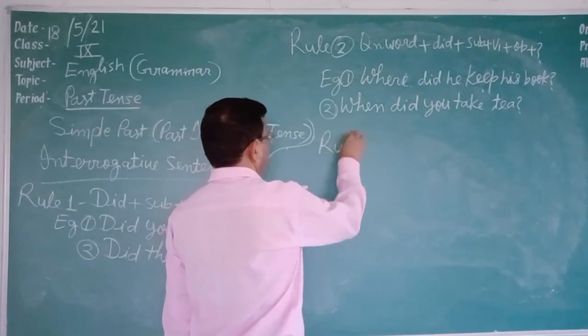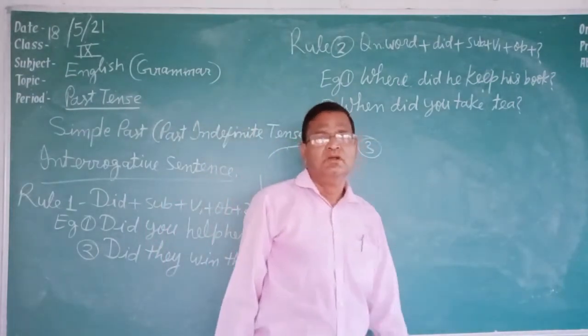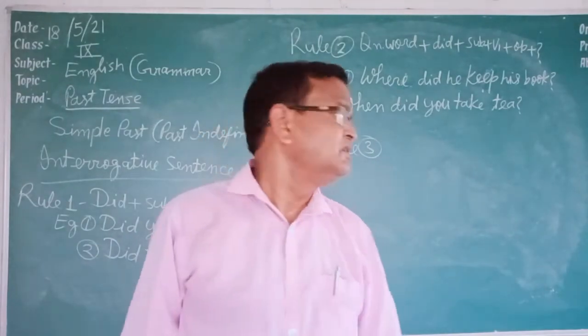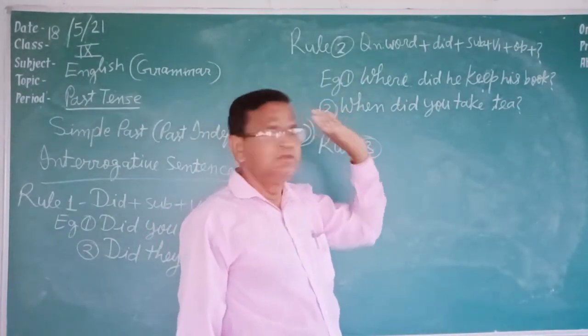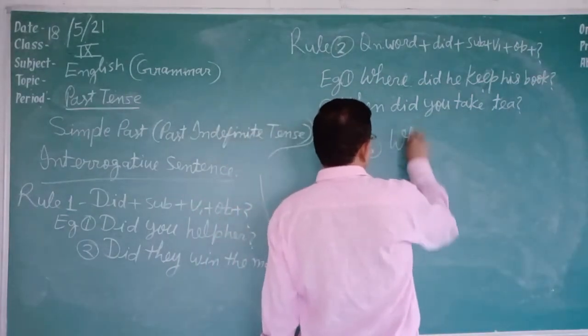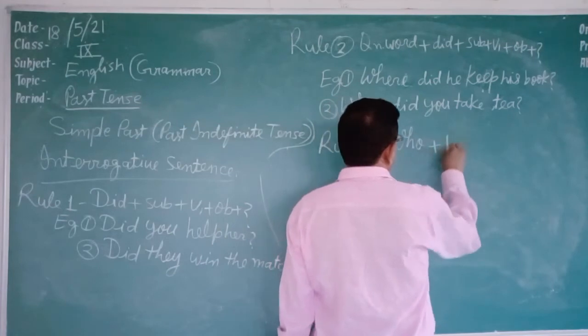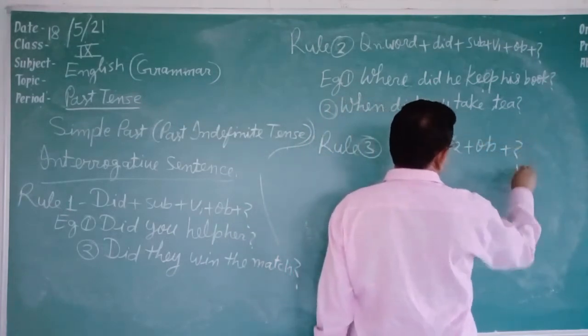Rule third: if the sentence starts with who, then that is the exception. This rule will not be applied. Another rule is applied. What rule is that? Who